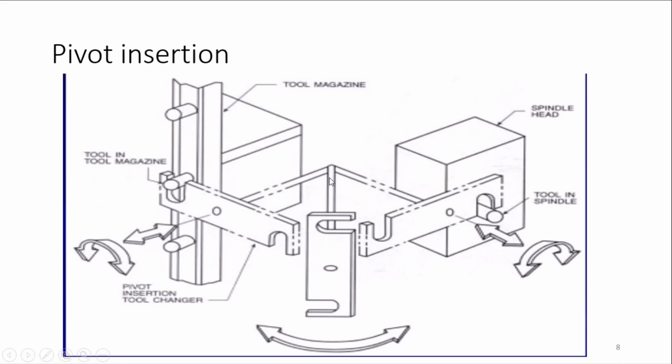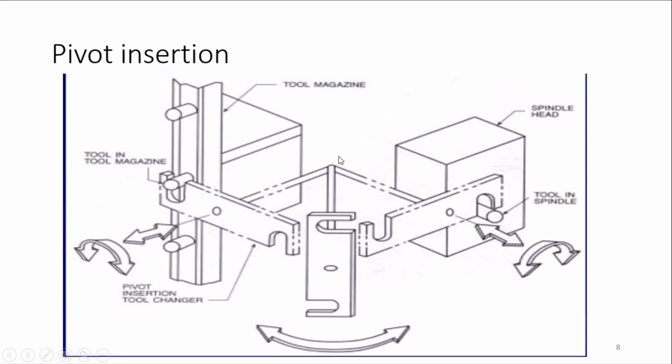These types of ATC mechanisms are used when your spindle and your tool magazine are at a far distance. Clear? For the safety of the tool, whatever the condition, this is to be reset. This is used when your magazine is far away from your spindle. This kind of rotation will firstly take the tool, rotate it, and then come back to the spindle and insert the tool back on the spindle. Correct? And this arm is rotated through a pivot. That's why its name is pivot insertion.